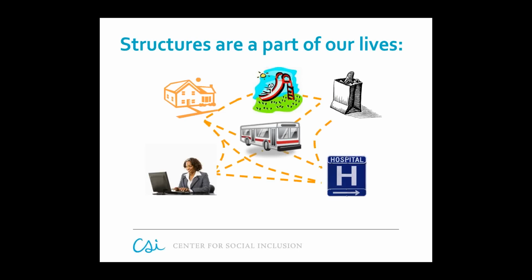And if you look at this picture here, we see things are linked. We have a bus in the middle representing transportation. And the idea here is that, ideally, all of our communities should have these things: places for young people to play, a nice place to live, healthy and affordable food, access to good quality health care, access to employment that pays a living wage, and transportation to get there, right? All of these things are interconnected and have an impact on how our lives are lived.